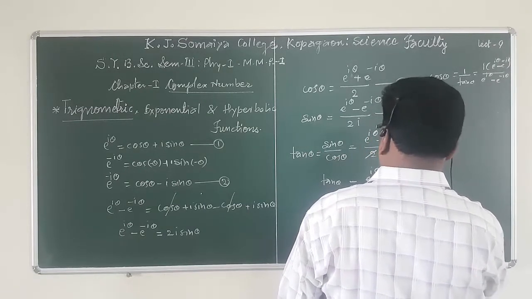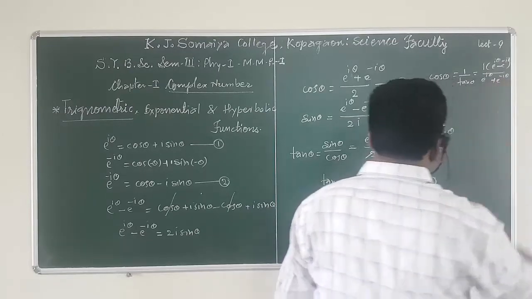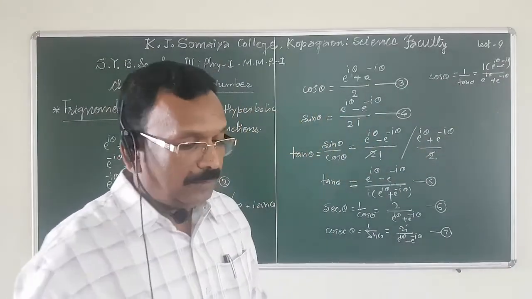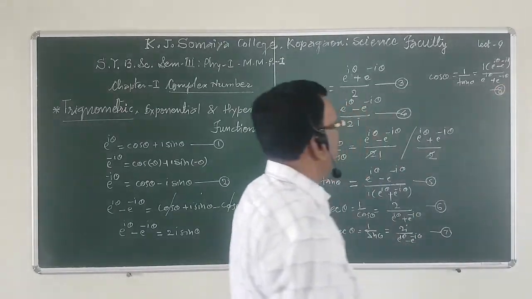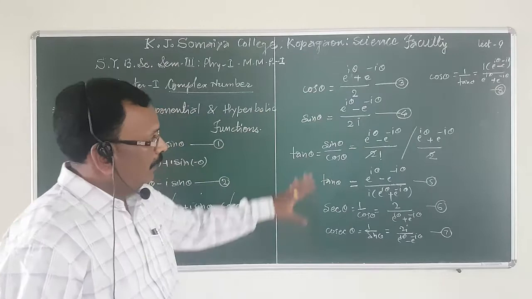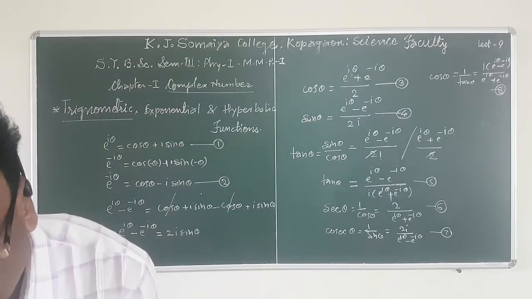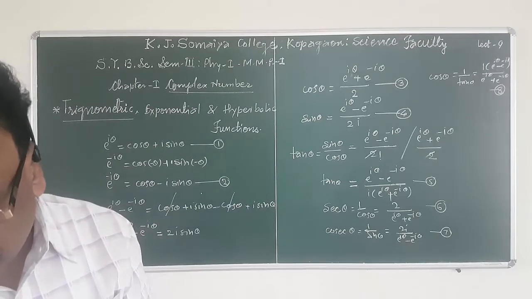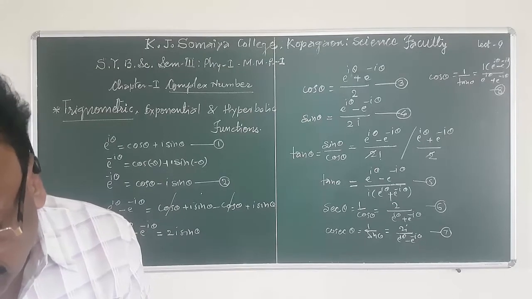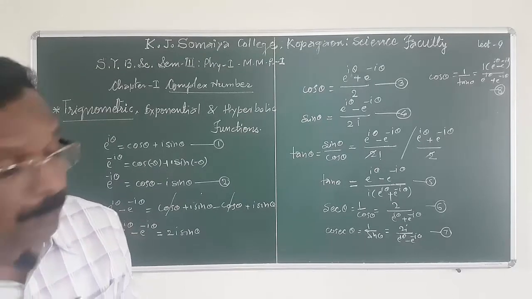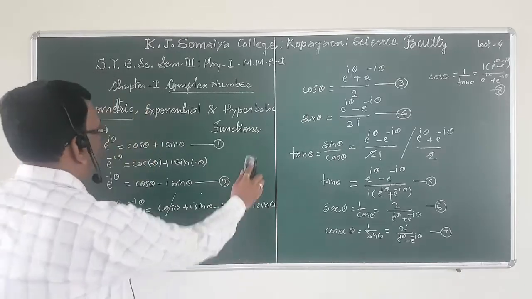Sin theta. Plus. Here also plus. This is the next, another trigonometric function. Now, from these trigonometric functions of real angles, when real theta is replaced by a complex variable z, then we have